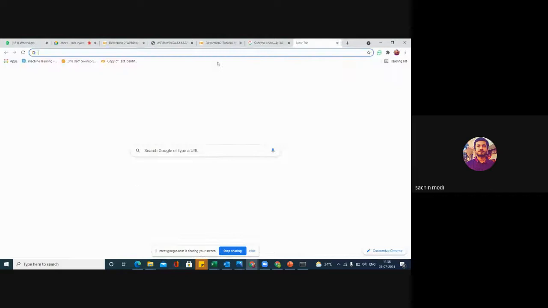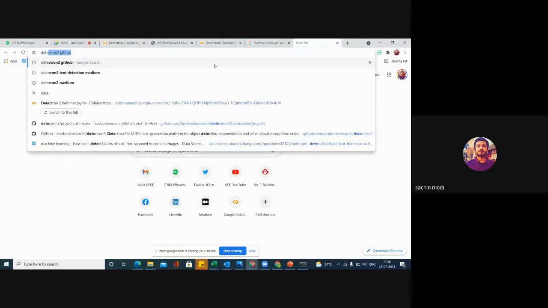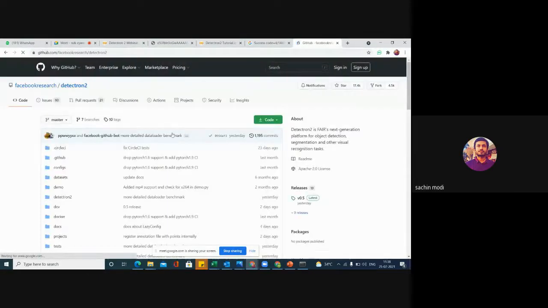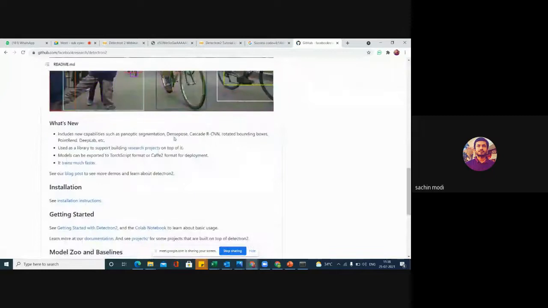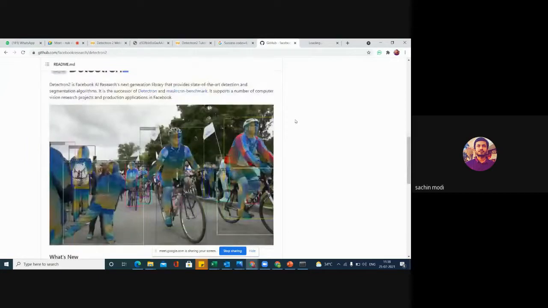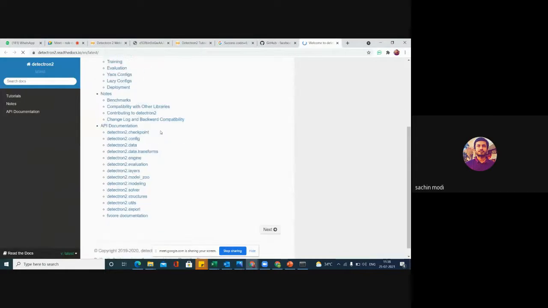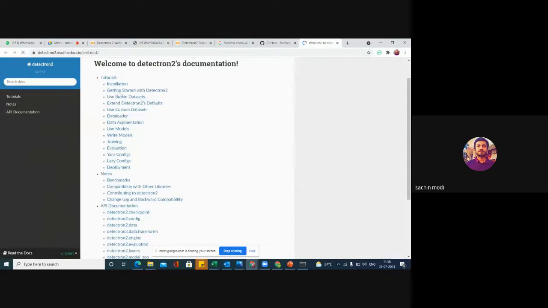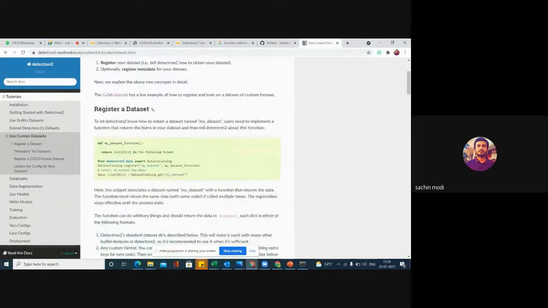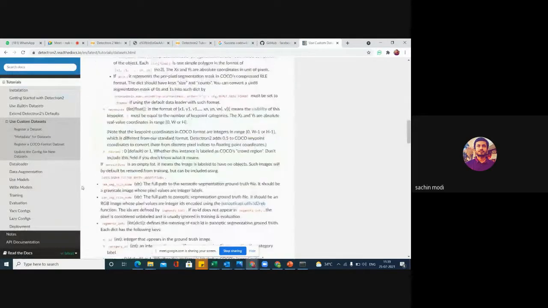If we look at the documentation for Detectron 2, I can register my own dataset, create a dataset, and just simply run the model.